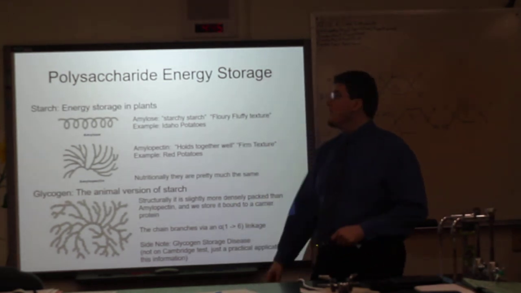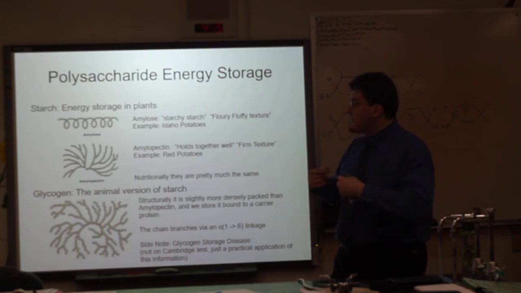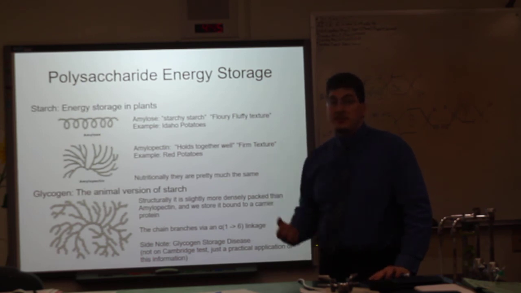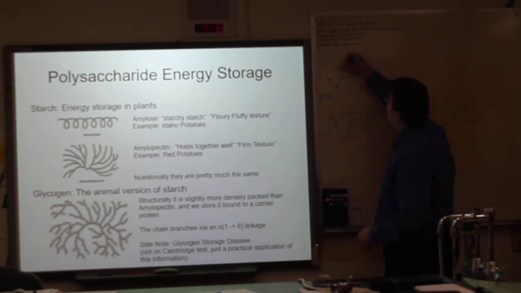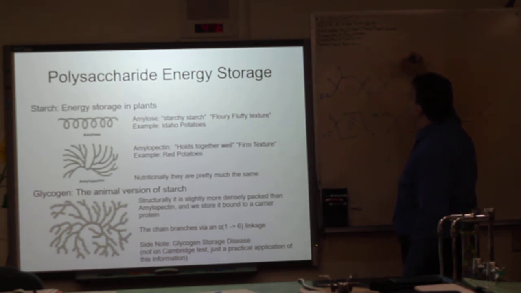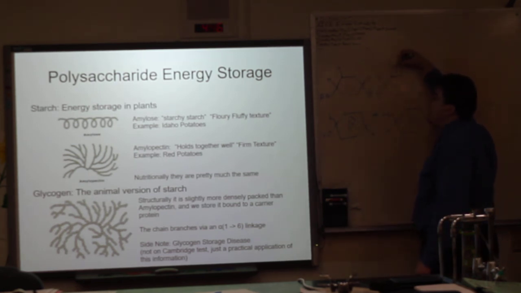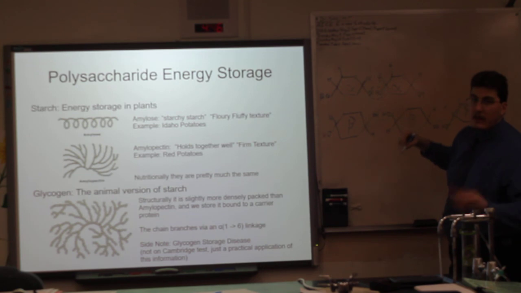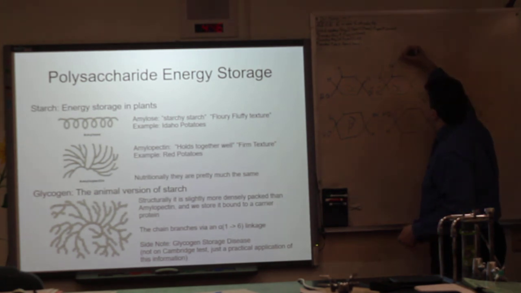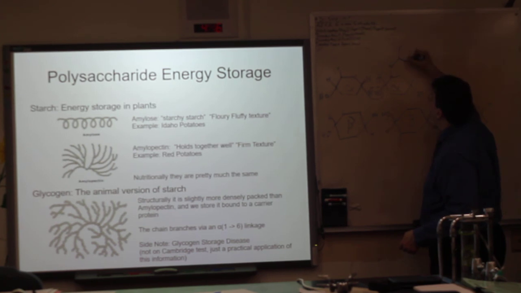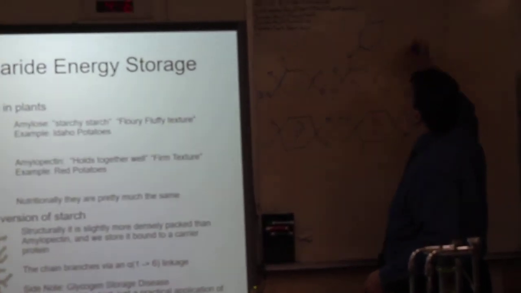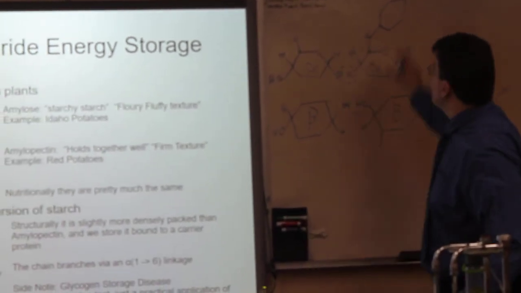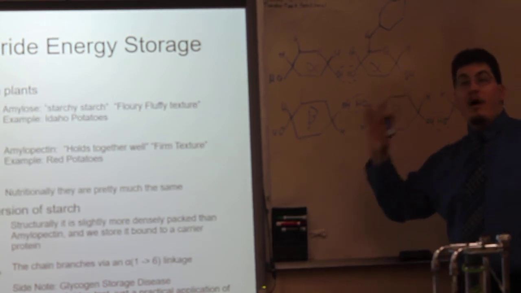Amylopectin, however, is a starch that has branches. These branches occur at the 6 carbon, which is up here. So these 6 carbons form an alpha 1,6 glycosidic bond. So they will branch like so, and continue on with further 1,4 glycosidic bonds. So at the 6 carbon, you will have a 1,6 glycosidic